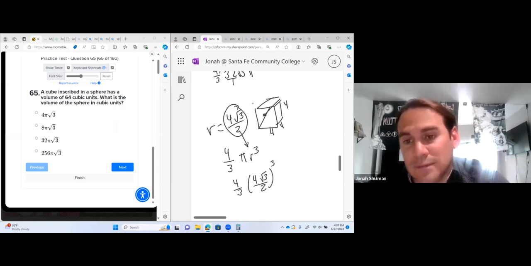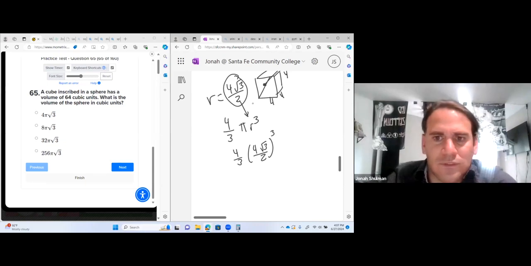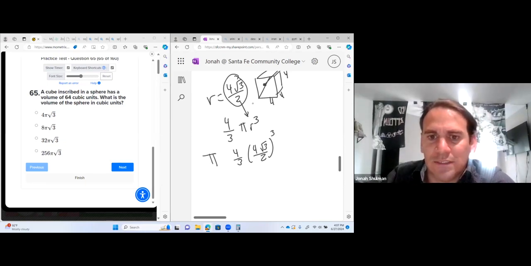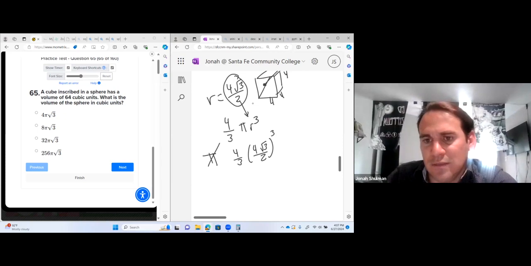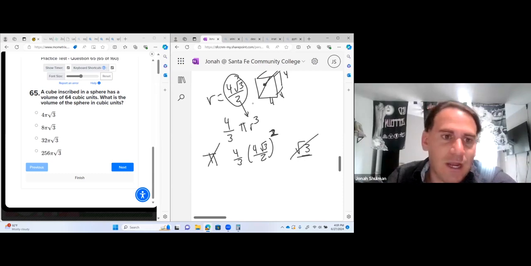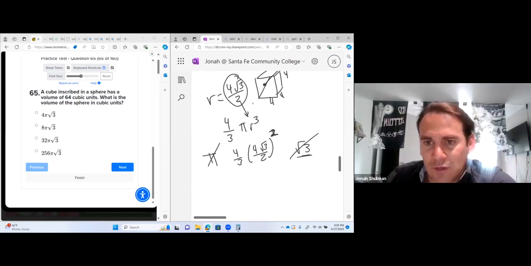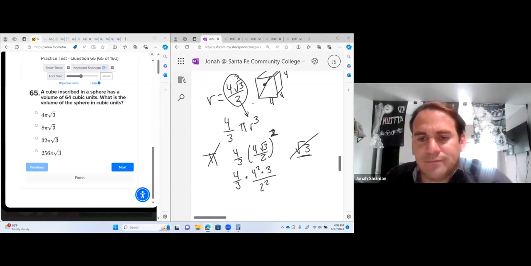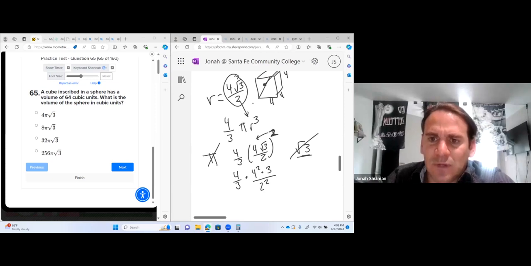So this is what I think they did. The first thing, there's pi's in the question, there's pi's in the answer, so we're going to throw that out. The second thing I did, I think they did √3 times √3 with another √3 left over. Because this is times 3 times, if you times it twice, we can have a leftover one. So that's gone. So the √3 and the pi are gone. So this is what I'm left with. So I have 4/3 times 4 squared times 3 over 2 squared, because the exponent has to go to each of them.